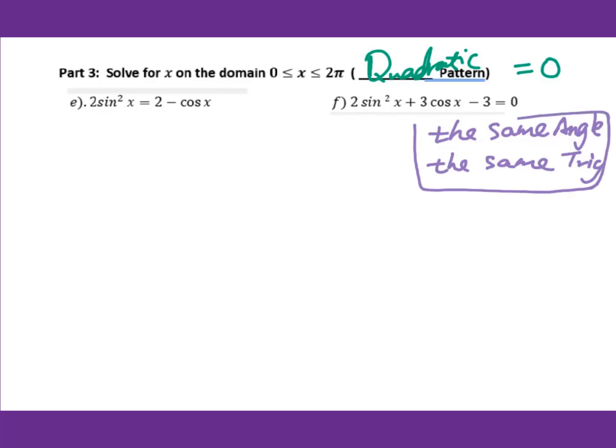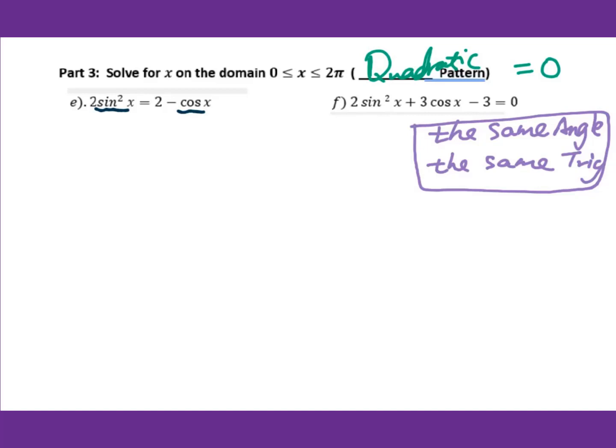Remember this. Therefore, for E, the angle both is x, that's good. But for the trig function, I have sine squared and I have cosine. You have to change